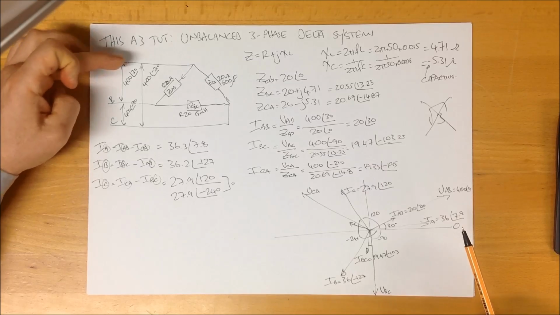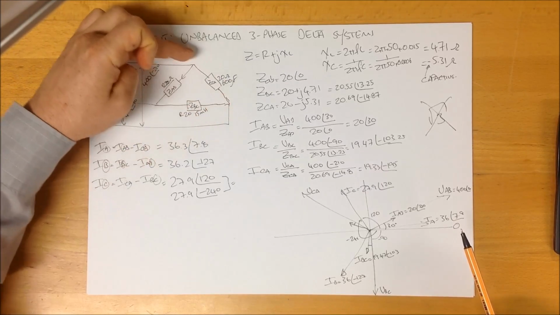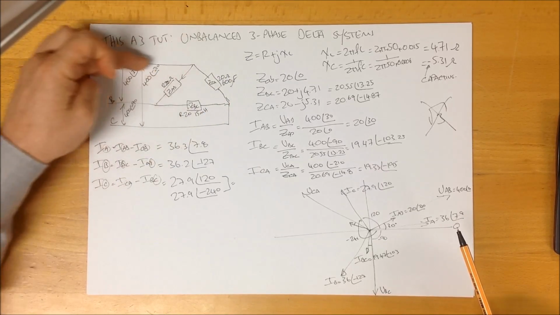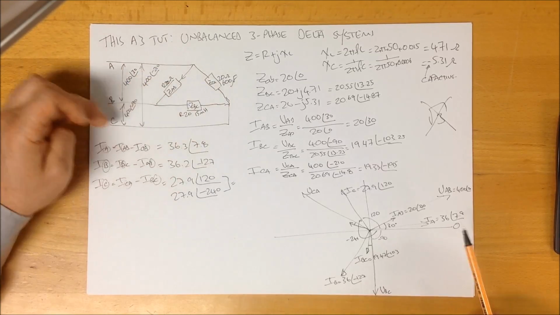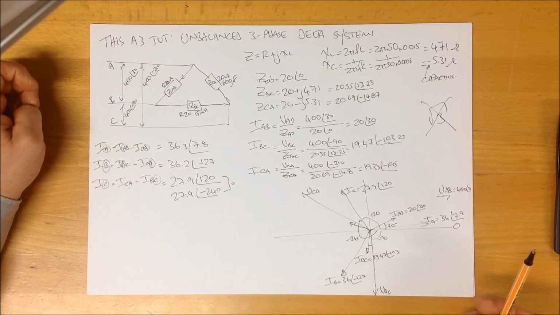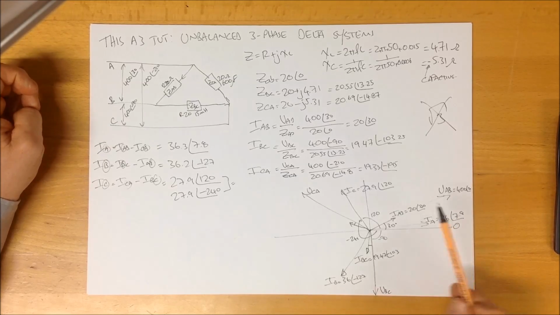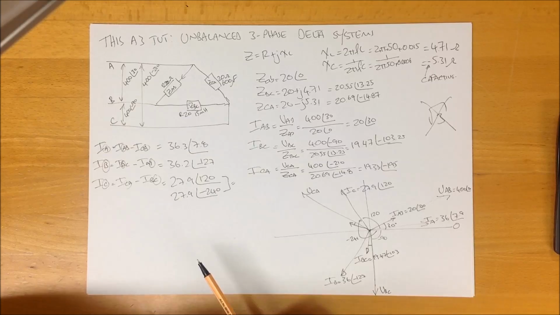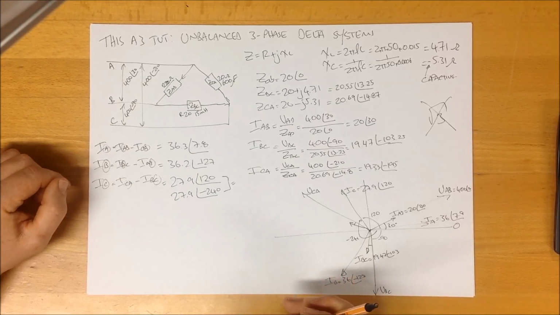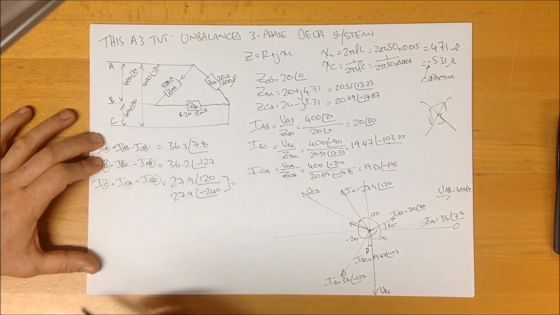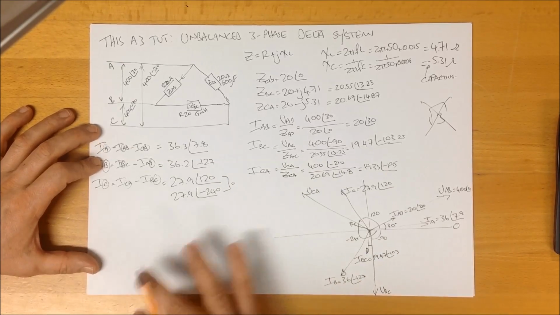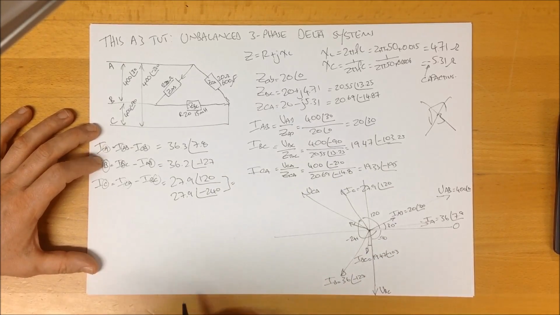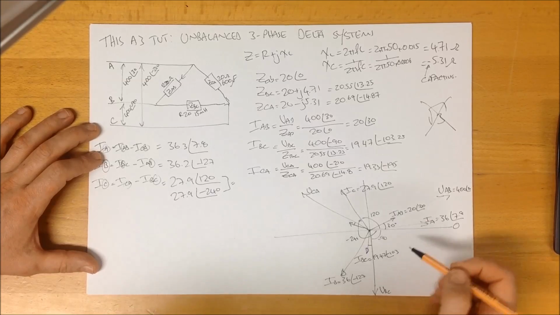So we've now calculated not just the currents flowing in each of the phases, but we've also calculated the currents flowing in the lines. And you will see that, again, there's no relationship between root 3 and any of this. It simply doesn't apply. We can now go on and calculate the total power in the system. So the power in the system is